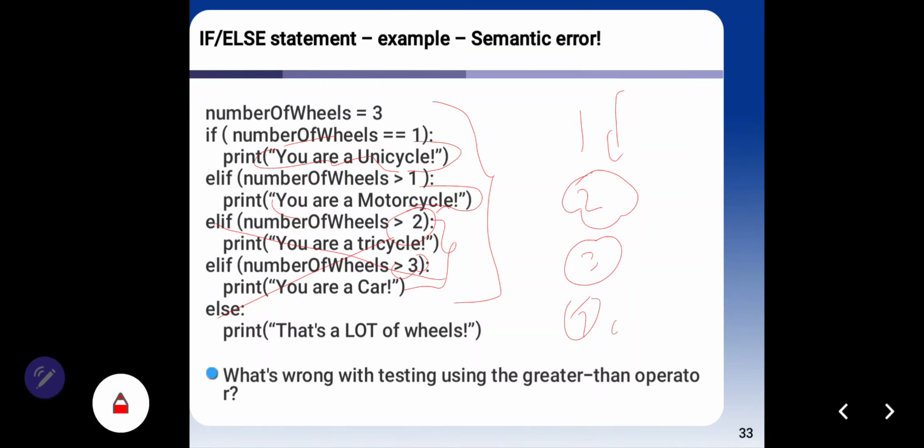Although this statement is correct, the process will skip it, and this is a semantic error, not true for your coding.